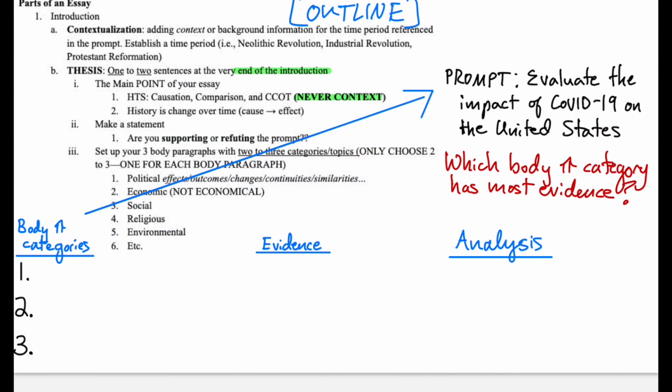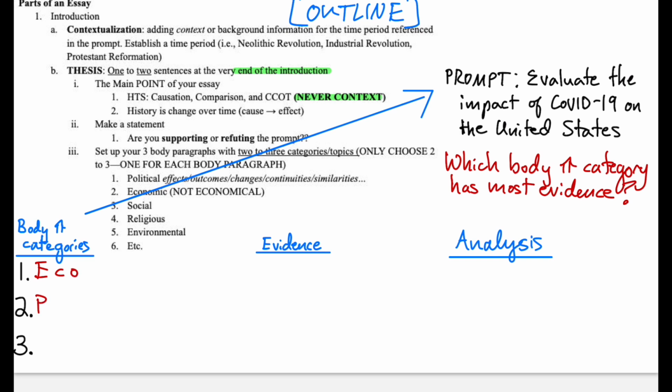So one of the homework assignments that I give in this unit is I tell students to create an outline using this prompt and then identify which body paragraph category has the most evidence. So they're going to pick their body paragraph categories from this list, or they could have one that they make their own, like cultural effects. Okay, it's really open-ended as opposed to a multiple choice test where there's only one answer. But typically when I answer this prompt, I think of economic